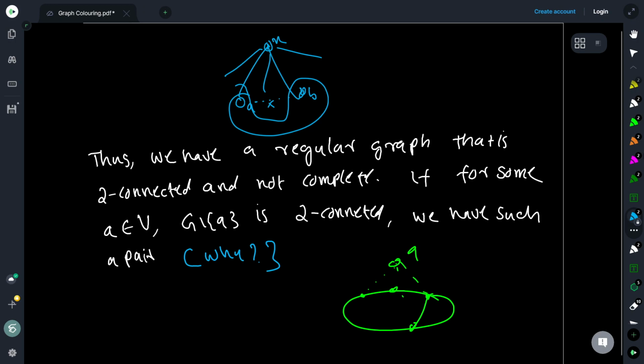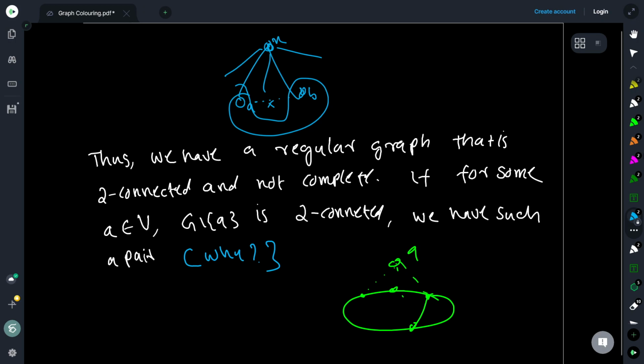So I start growing a spanning tree from the vertex X, which is the common neighbor of A and B. Now, once I start growing a spanning tree from X, we know that because the degree of X is less, and the graph is connected, we can find a delta coloring of this. Right? It is possible. But what I'm going to do is something different.